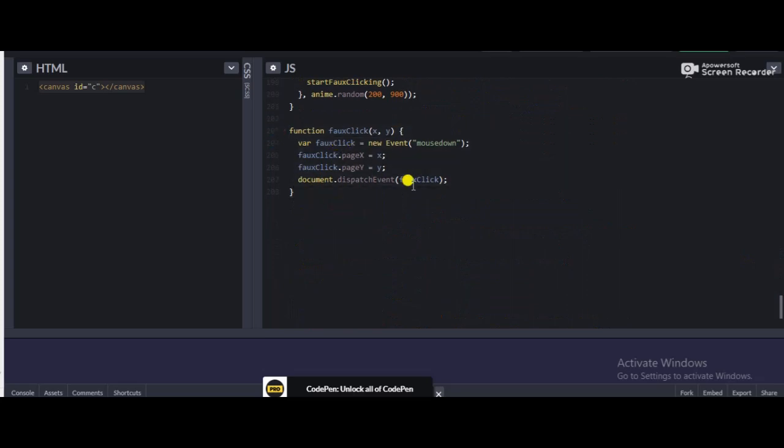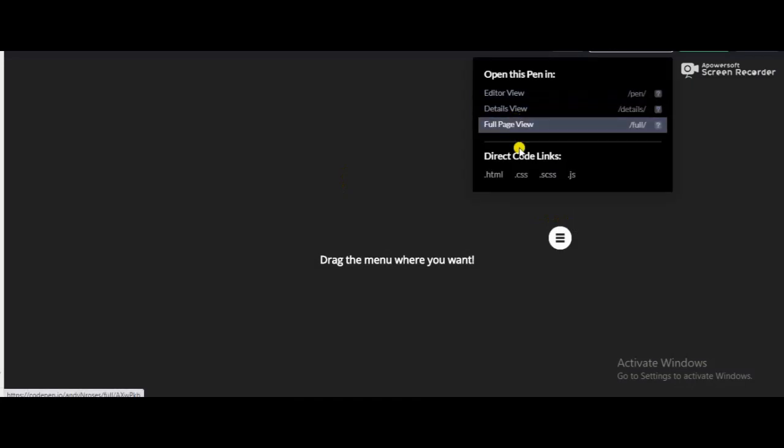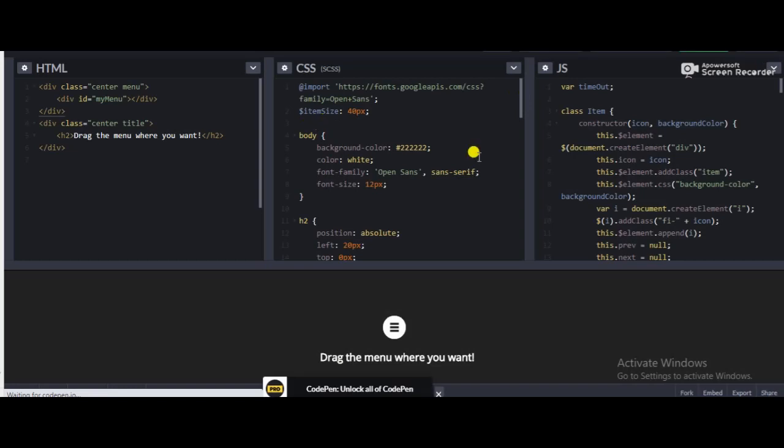Now we have to come towards the next animation called drag and drop. So I just click on this and go towards the editor view. In the editor panel you have to apply both things. You need to make a jQuery context. So this is the HTML tag and this is the CSS.